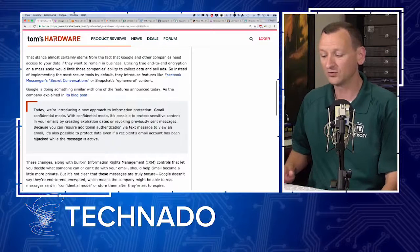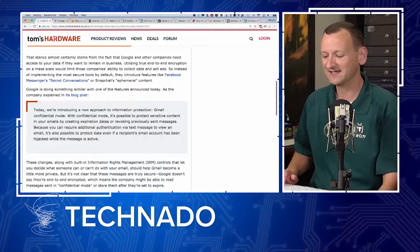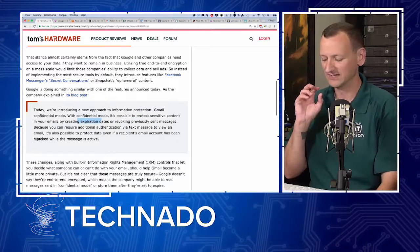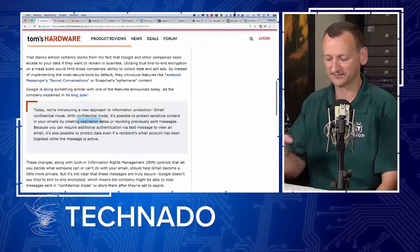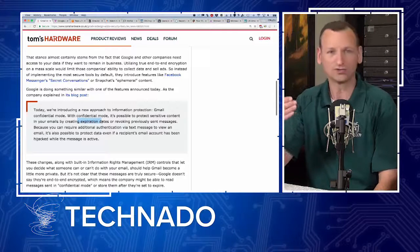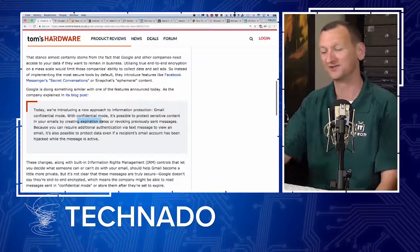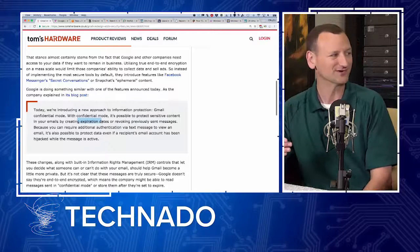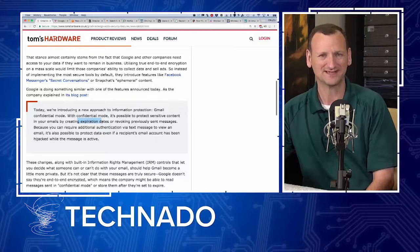Well, Google rolled out security features, like the ability to set an expiration date, to basically expire an email and say it's only good for 2 days and then it's gone, or to unsend an email that's already been sent. They added that, but they stopped short of adding encryption. And that's a really big problem, because that's the one feature that would add true email security and allow us